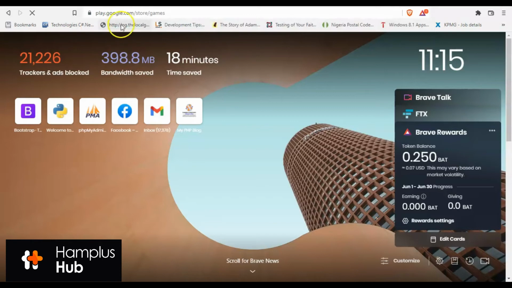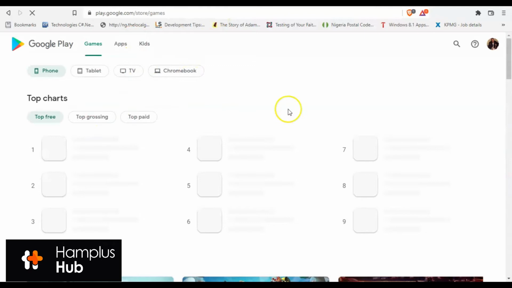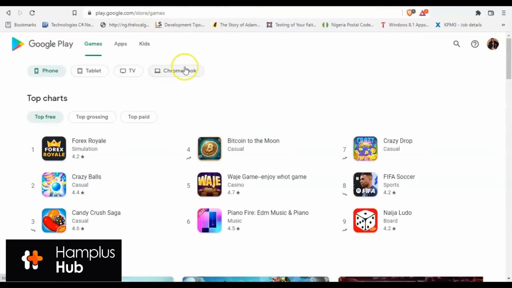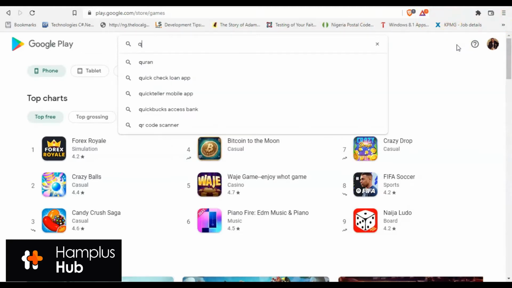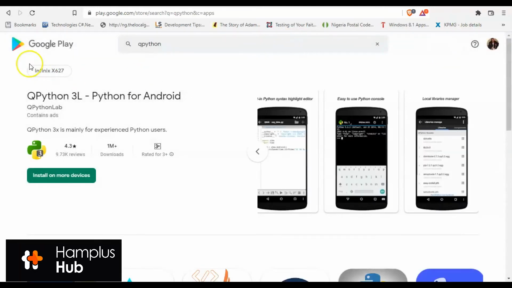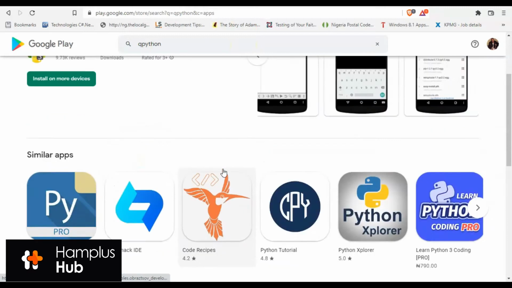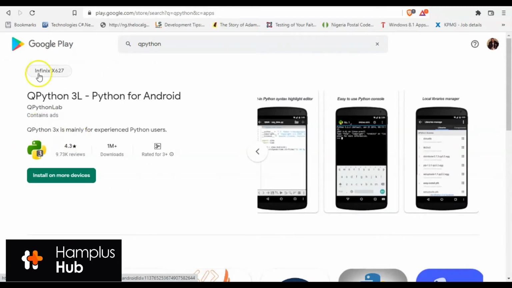For those on mobile, install QPython, or you install Python.